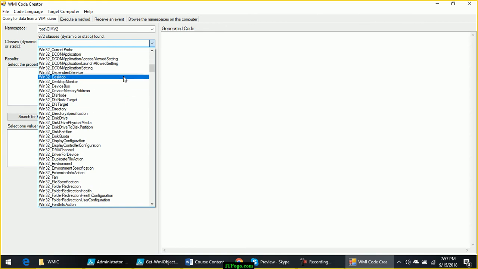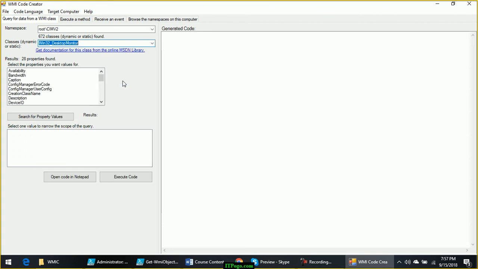When you select one of these classes like Win32_desktop or desktop monitor, it will show you list of properties here, and the moment you select any property, it will generate the code for fetching that property using VBScript, C# or ASP.NET, depending on what language you have selected from the menu. So by default it will show you for Visual Basic scripting.